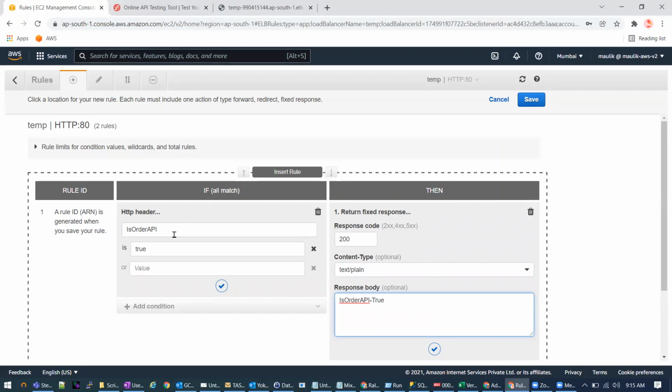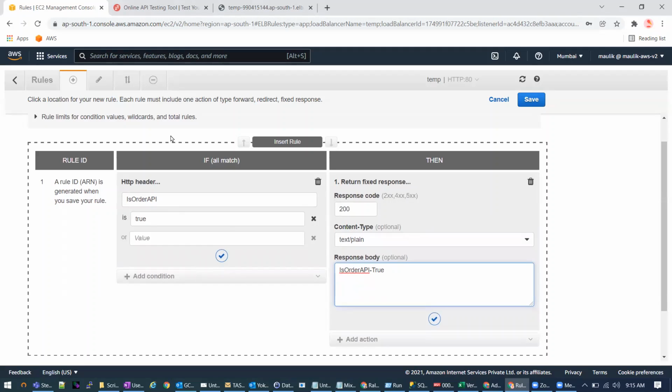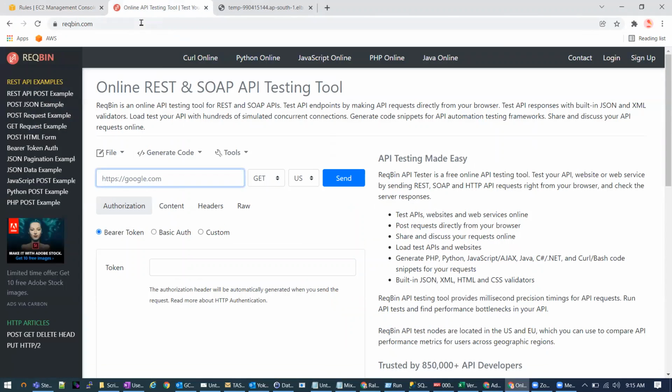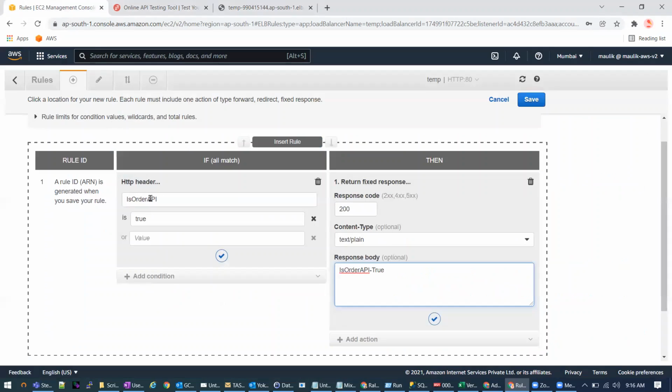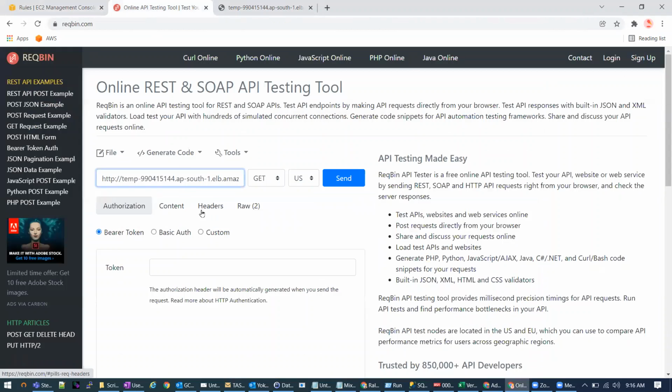Suppose I have created a rule because I am using this load balancer for APIs, and I am calling that API. Let me show you first. And I want to pass the header over here.